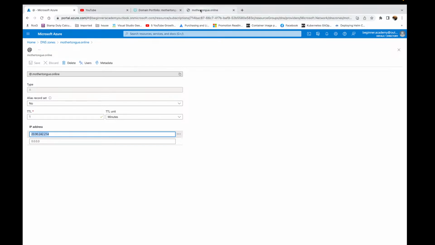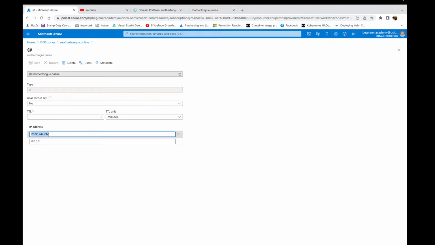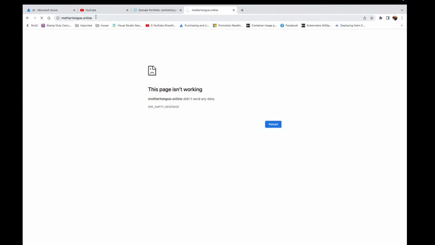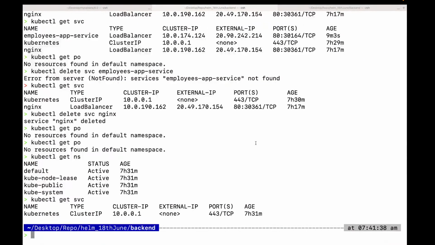In order to show a bit of a demo, so what we will do here is, if you see here, nothing is running on this particular IP address. Okay. So if you wanted to test it out, how you do it, go to here, and then what you do is,